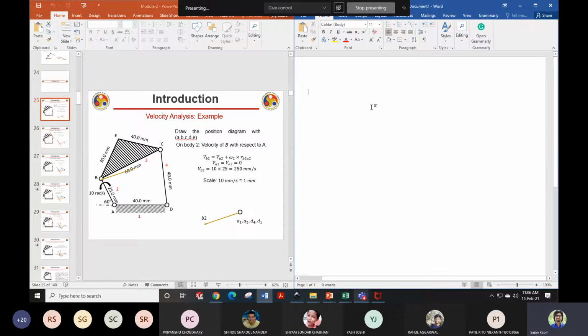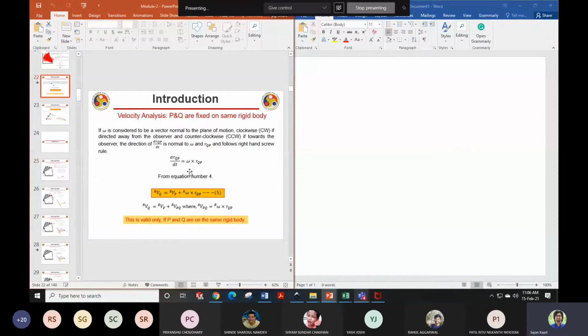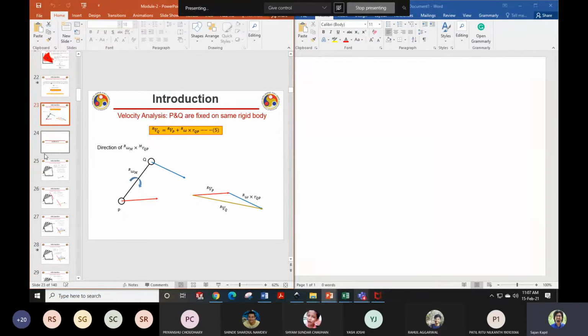Yes, sir. So now you tell me, if you recall, we discussed this equation: the velocity in the reference plane of point Q will be equal to the velocity of point P with respect to the reference plane plus omega, the angular velocity of that body with respect to the reference plane, cross product with the position of Q with respect to P in the moving lamina. But I am removing all the symbols, the R we are removing, and finally our equation will be something like this. Correct? Assume that there is no R written here because everything is with respect to the plane and these 2 points are not getting apart.